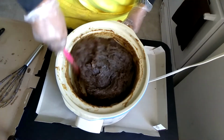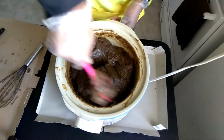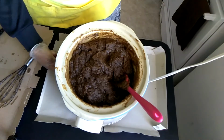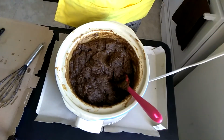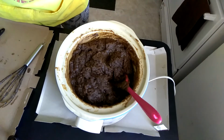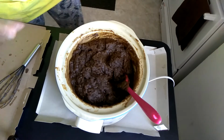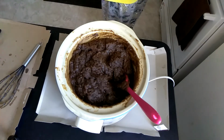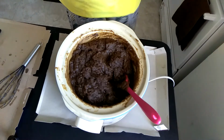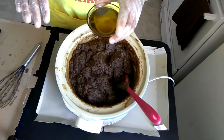Yeah, it's definitely done. So when you Sap test your soap and no zap, then you want to turn it off. You turn it off and start adding your additives. And then you mold. So what we have is, I got 5% shea, and 5% of this batch is, what